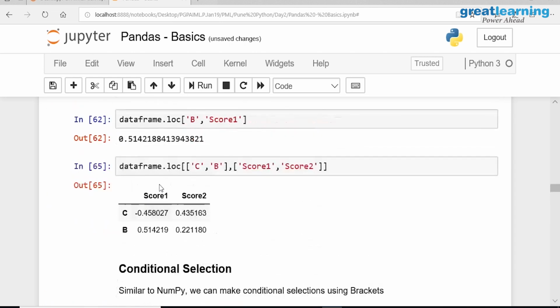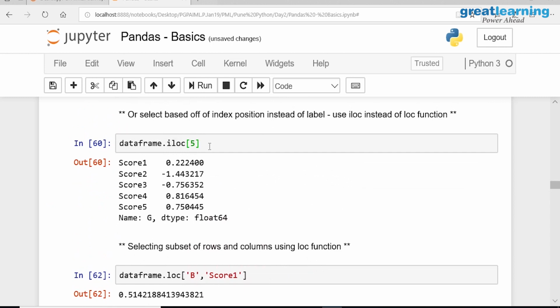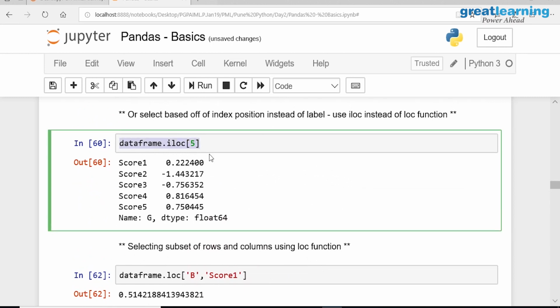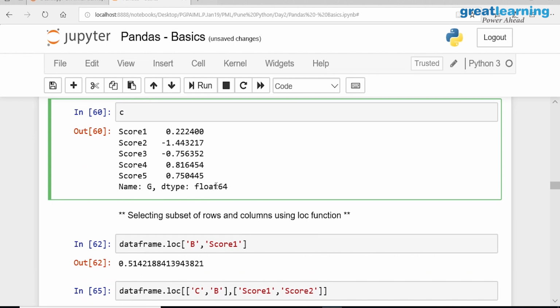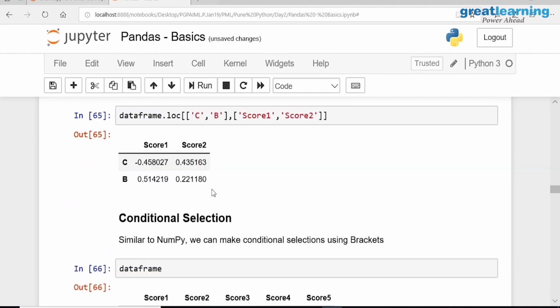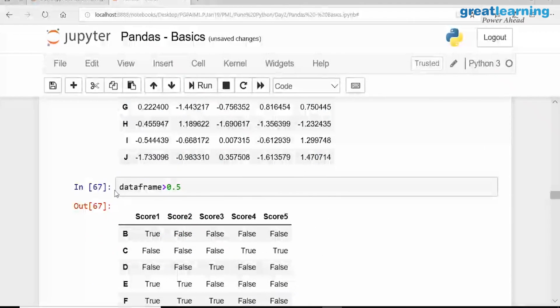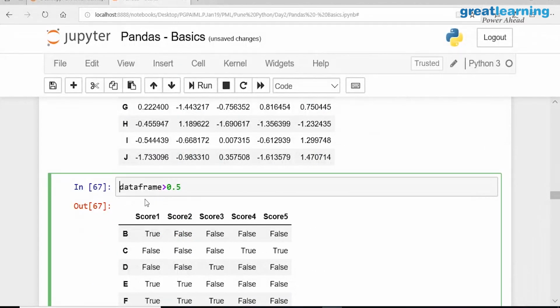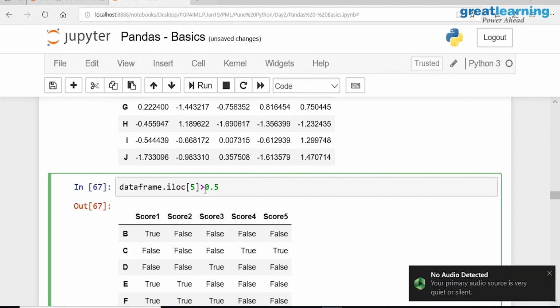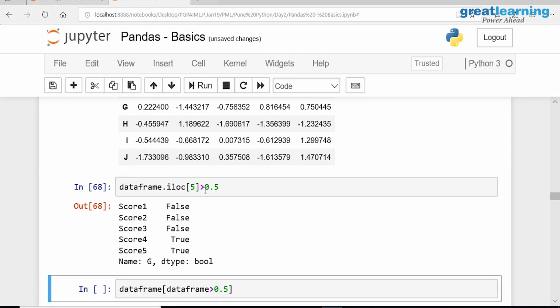So if I say this, what does it mean? I am getting row 5, and in that row 5 I am checking whether something is greater than 5 also.